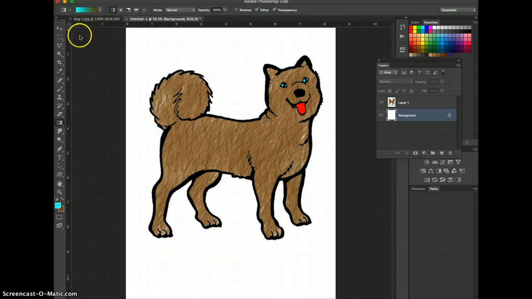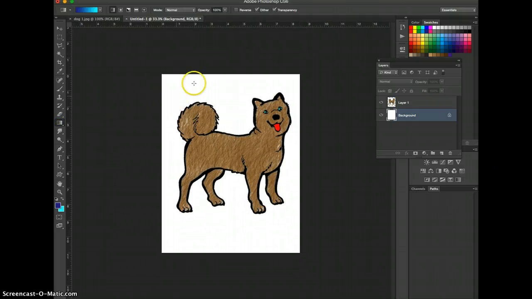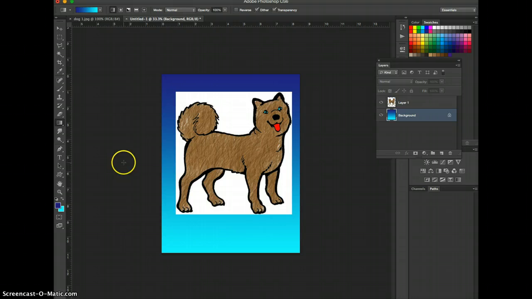All right, the colors. It's choosing the colors that you have in your foreground and your background. So go change those to like a dark blue, and then again hit X on the keyboard to swap, so you don't have to take your cursor or your mouse all the way down there. And so you've got a light blue and a dark blue. To use your gradient, you're going to draw a line just from the top down to the bottom. And that creates a gradient